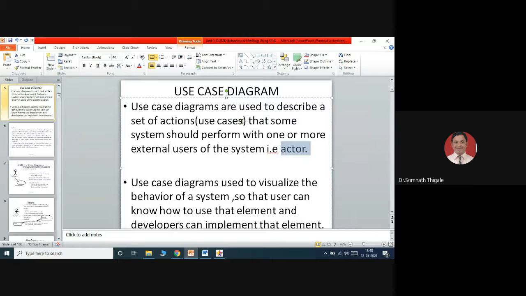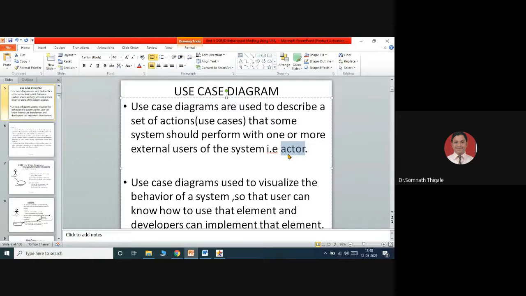The first one is use case and the second one is actor. Now what is the meaning of use case? Use cases are nothing but the actions, nothing but operations. An actor is anything which is external to the system and wants to interact with the system. We will call them an actor.